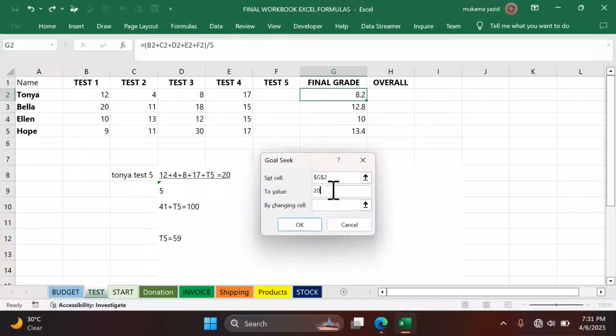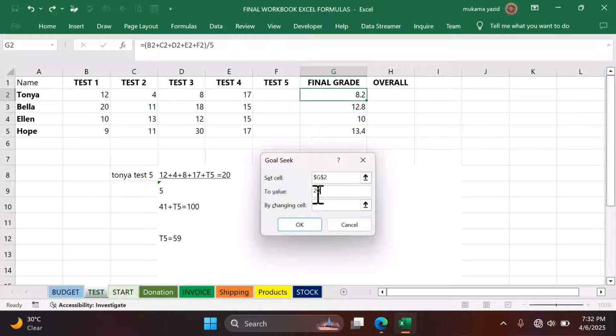So calculation, the procedure we are going to use to calculate how much I'm going to save per month. That is the calculation set. Then changing cell. This is what we don't know. How much do I need to save every month so that I can reach 1 million? That can also help you to solve such problems. So this goal seek can help you to solve very many challenges where you are looking for an unknown. When you have an unknown, you want to get that unknown, you go for goal seek or solver. It can do that better, and even other